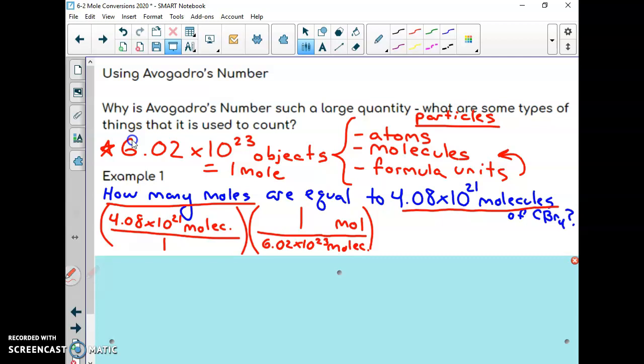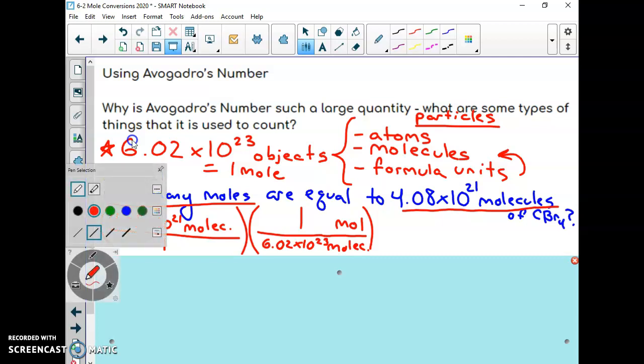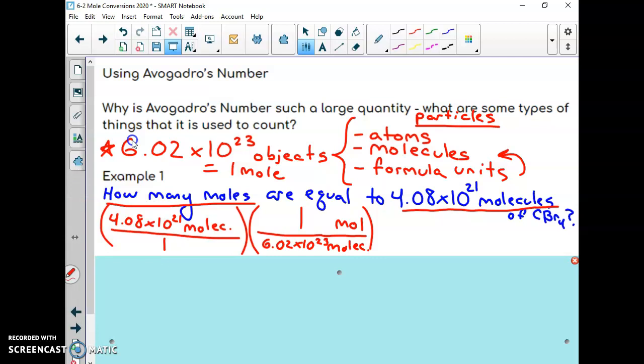So the math on this, not super hard, but can be kind of annoying. If you're comfortable using a graphing calculator and you just want to enter in these numbers as they stand with the scientific notation, go ahead. If you do not have a graphing calculator, or you may be a little less comfortable with how to use it, I can show you the general math, and we'll do that real quick with this one. So we're going to start off, you look at how this goes, molecules cancels out, we'll be left with moles. We're dividing. The ones don't really do anything. We have a number in the numerator, we have a number in the denominator. So let's just divide